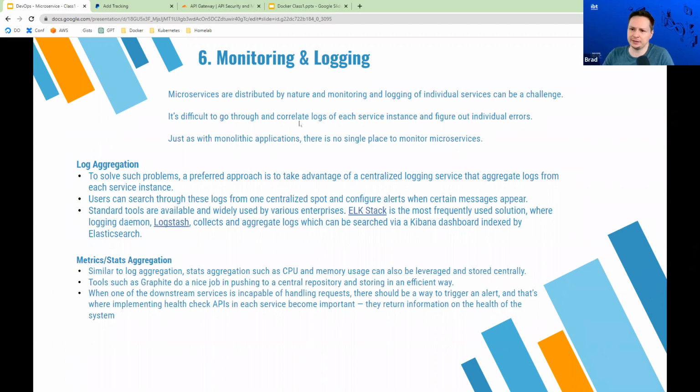So there's two main things you need to think about when it comes to monitoring microservices. That's log aggregation, and then metrics and stat aggregation. With log aggregation, if you're familiar with troubleshooting any type of application, you're probably familiar with getting a log file.